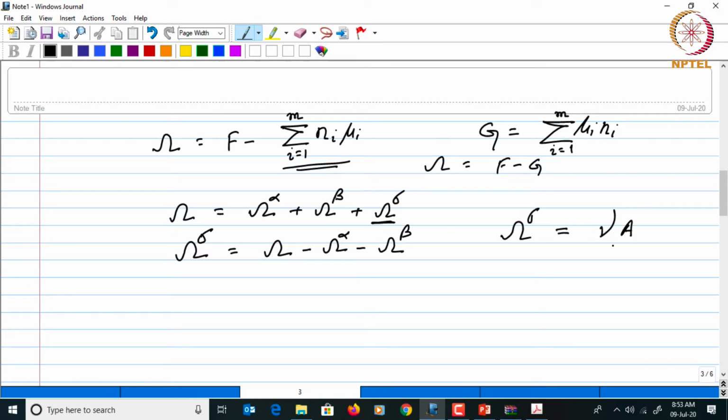So here gamma is the specific surface energy, that is surface energy per unit area, and A is the area. So this is the total energy which is actually needed to create the interface, right? So omega sigma, that is the omega for the interface, is basically the surface excess. That means to create that interface between two phases, you have this surface coming, and as I said, gamma is the energy or the work required to create a unit area of that surface. So now if we come back, this can be rewritten as